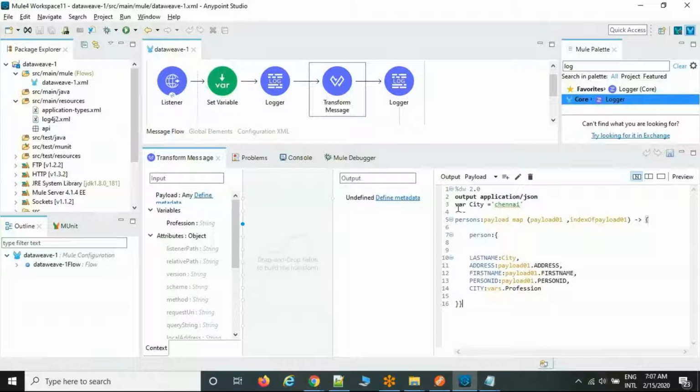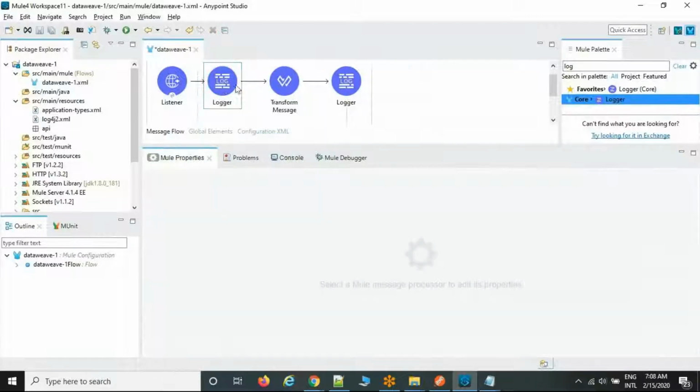Sometimes they ask you to modify existing code. People have already written the DataWeave code, and they ask me to make some changes to it. If you started with only drag and drop, you will have a big problem at that time. That is the reason to understand how to write the DataWeave code, so that if you get the same kind of requirement, you can understand and modify the existing code. Okay. Now I'm going to delete everything, to show how to write the same file.